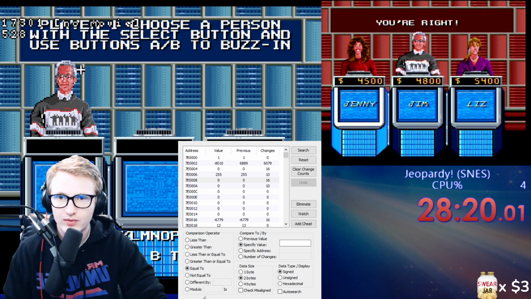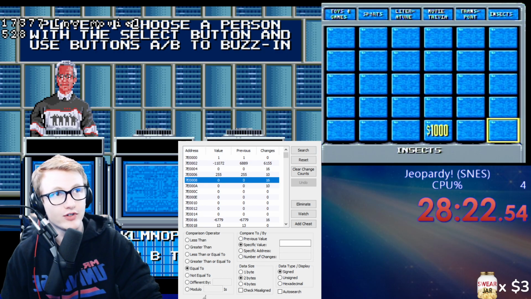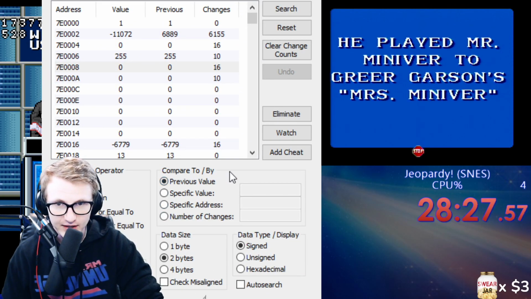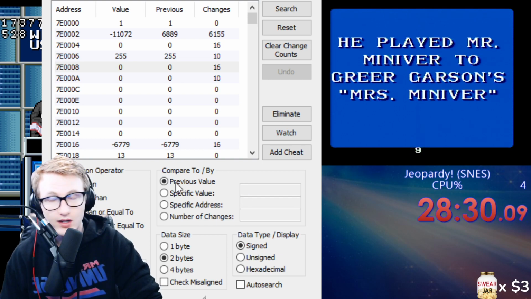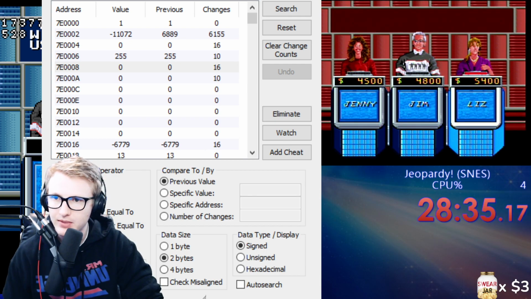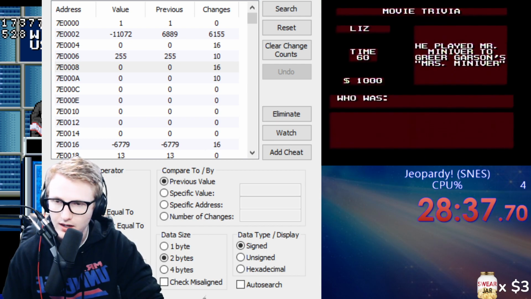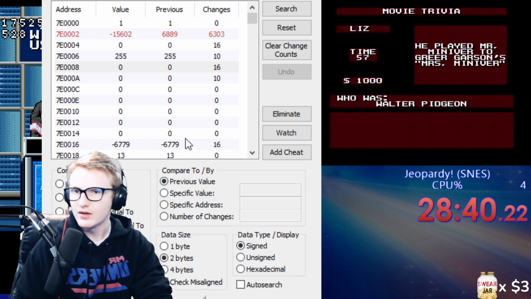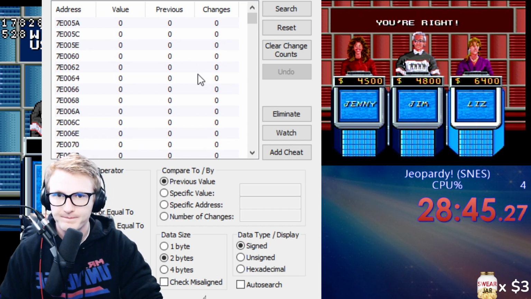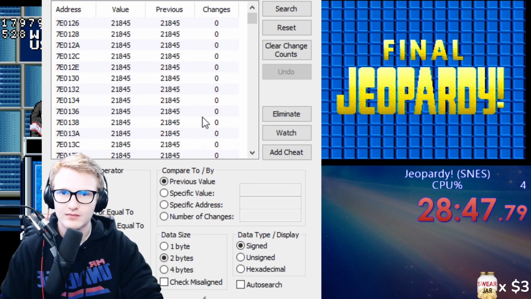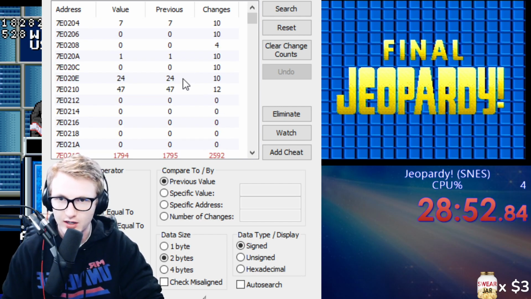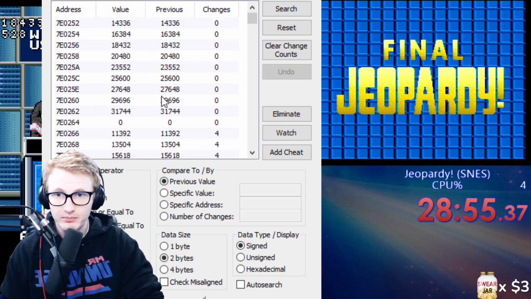All right. Now, from our RAM search over here, what we're going to do is compare to previous value. And we're going to load our game for slot 8. Okay, so here's the things that are different. See, look at how much is the same now. Okay, we got a few things that are currently moving up, which are different. But if they're moving right now,